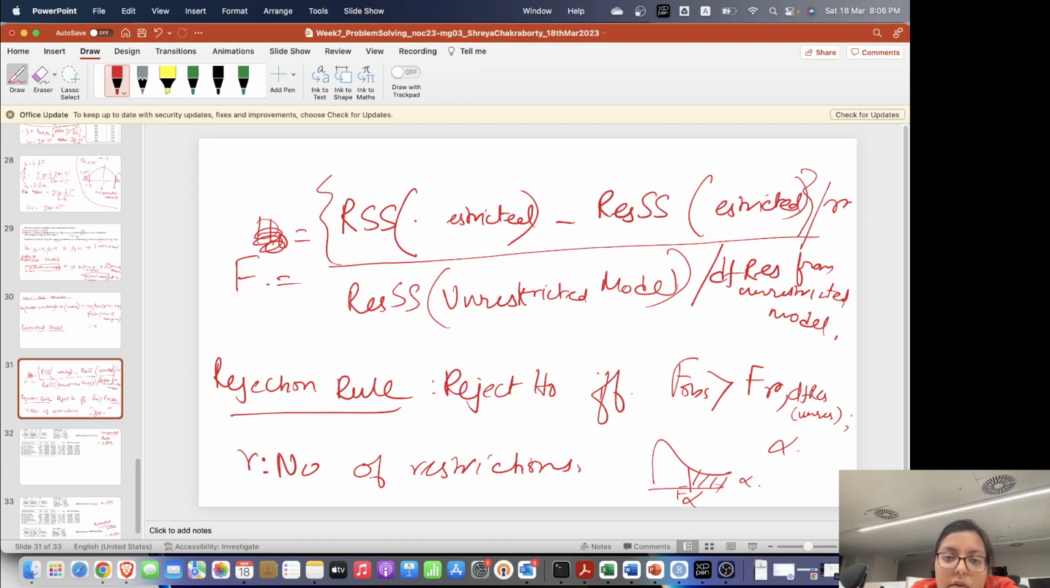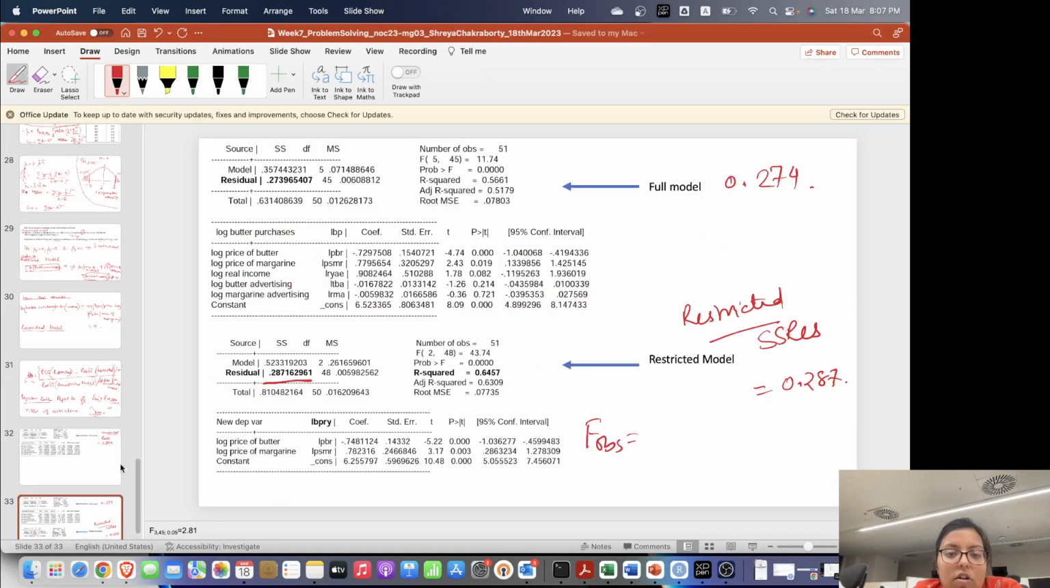So this is the residual sum of squares from the unrestricted model. Again, I wrote: this is the residual sum of squares from the restricted model minus the residual sum of squares from the unrestricted model, divided by the unrestricted model. So here F observed will be the sum of squares residuals from the restricted model, 0.287, this one, minus the sum of squares residuals from the full model, 0.274,